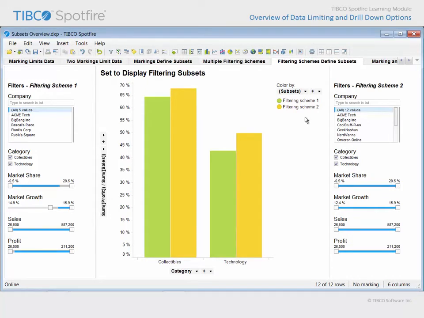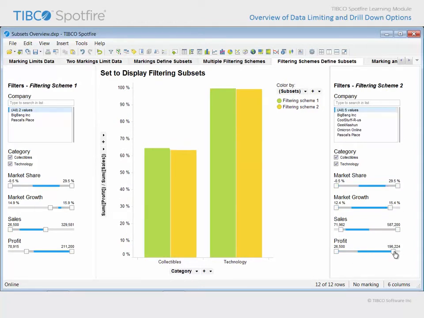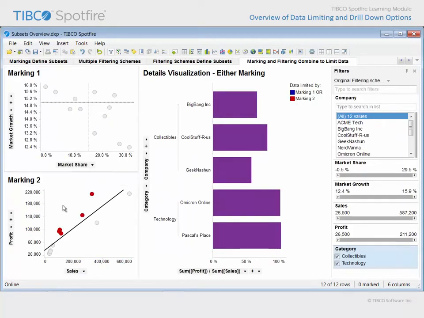This one also applies the subsets variable to color bars. However, this time it is the different subsets which are defined by filtering schemes which determines the subset categories. Again, adjusting filter settings in each filtering scheme will impact the height of bars associated with that subset. On the final page of this analysis, if we clear the marking in each of these plots, please take note